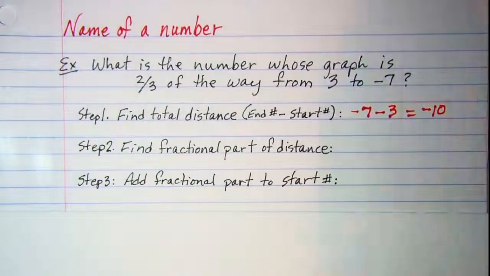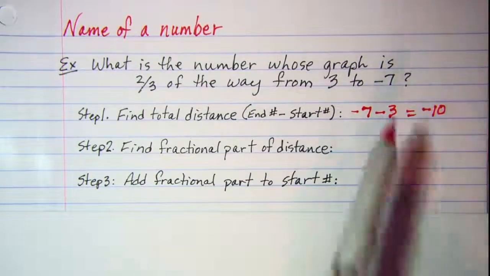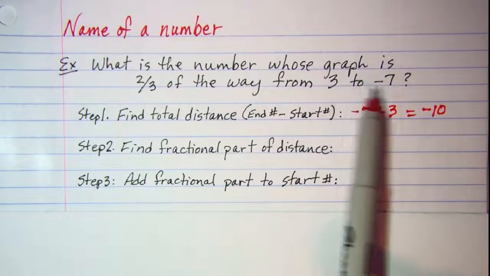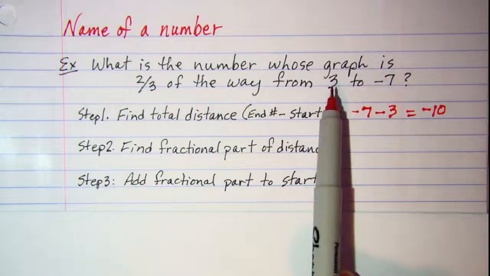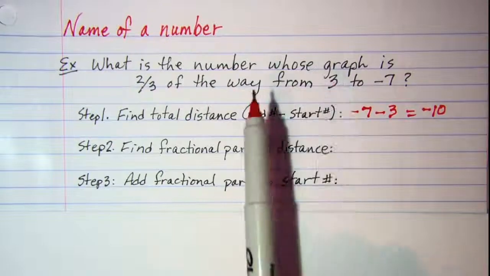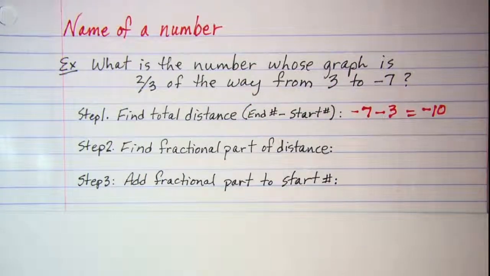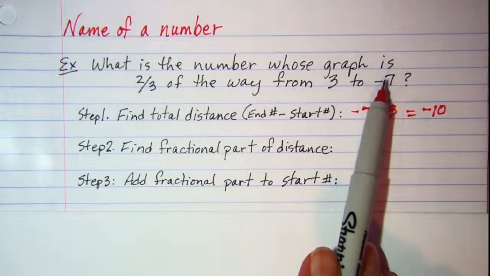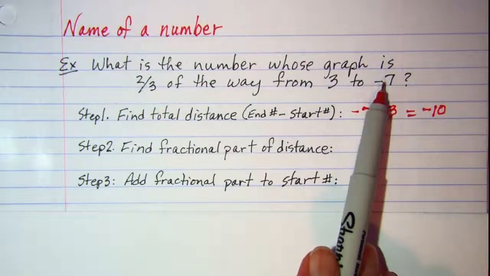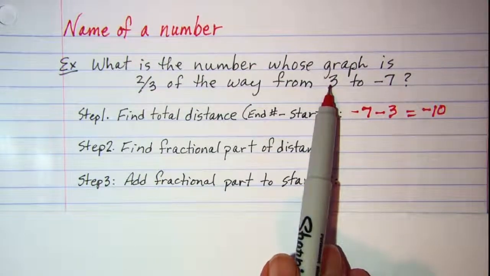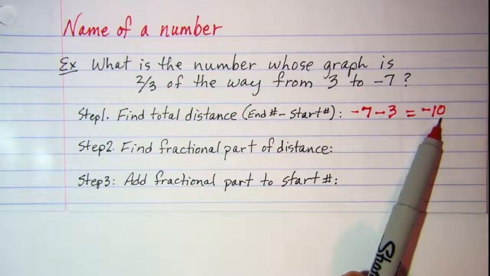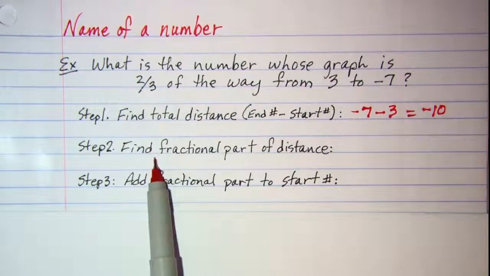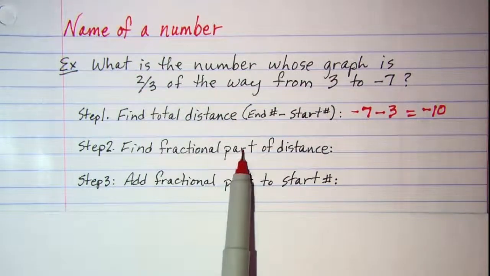Now this is a directed distance, and we need that because going from -7 to 3 is a positive direction. And going from 3 to -7, we're going in the negative direction. So we want to indicate that it's a negative direction by always doing the ending number first, subtract the starting number. Alright, now once you have your total distance, step 2 is to find the fractional part of that distance,